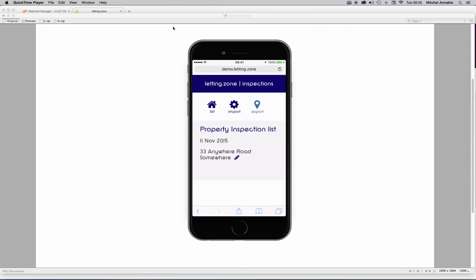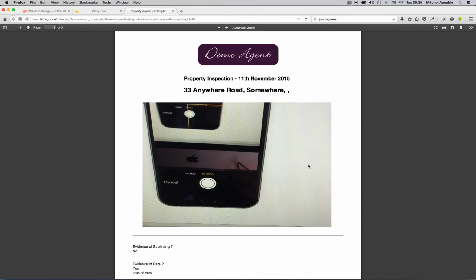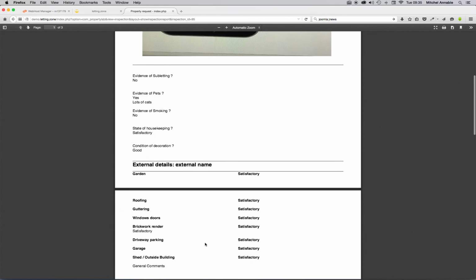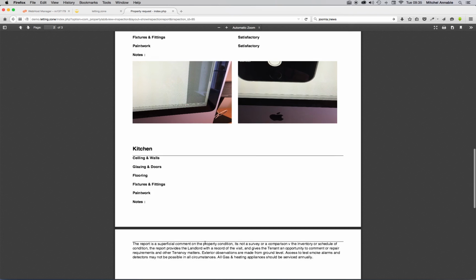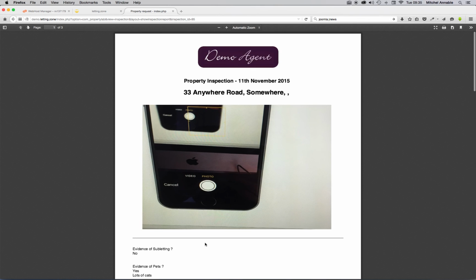We then go back to the letting zone system and now look at our inspection report. Here we can see the inspection photographs, the inspection details and information of the rooms that we carried out, our multiple photographs, and the information that we provided has been uploaded from the tablet, which we carried out offline, onto the letting zone system, and hopefully as painlessly